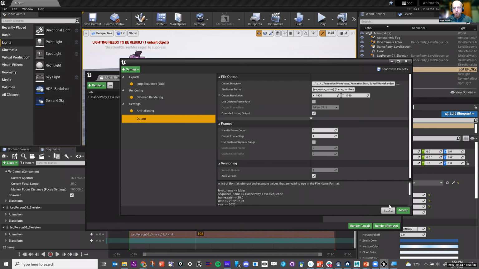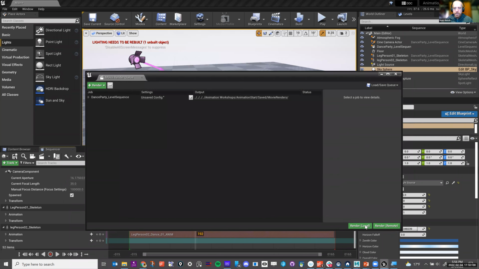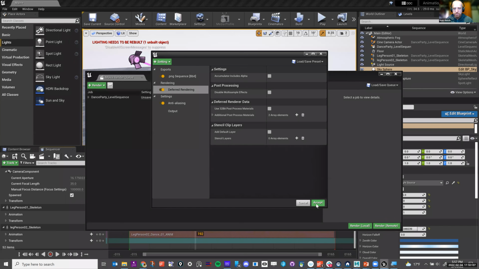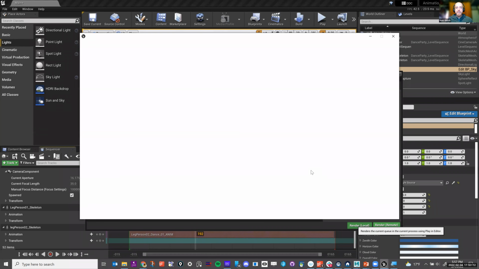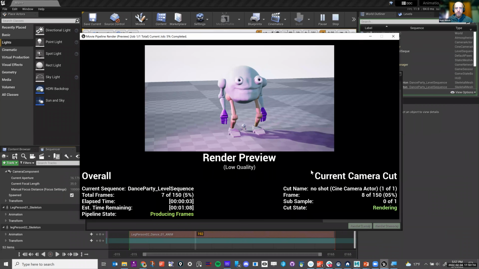Okay, so I'm just going to hit render. I'll hit accept, and once that gets accepted, I'm going to do render. If I click on render, just make sure that I hit accept over here. Now, if I hit render local, it's going to render it locally, and it's going to show me my camera view and the render that I'm doing here. You can see that it is rendering. One of the things that you may want to do is increase the subsampling, and that'll give you a better frame rate. But you can see here it goes.